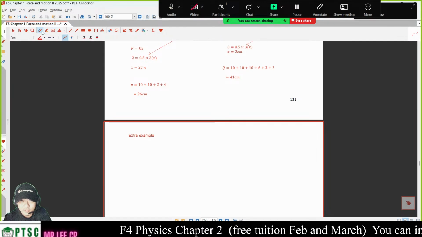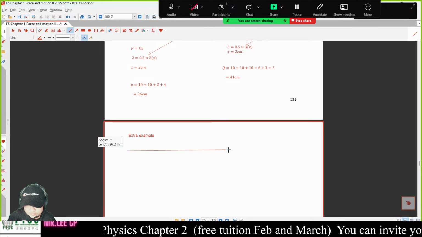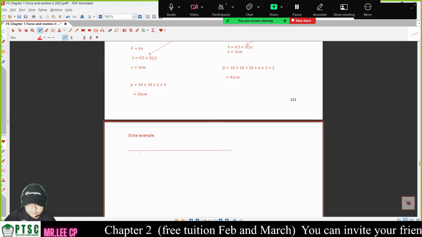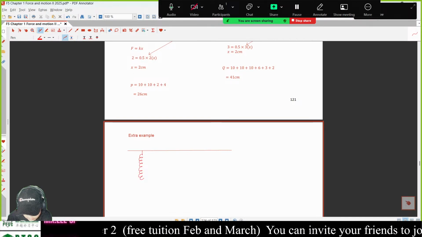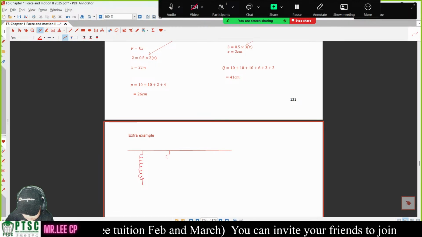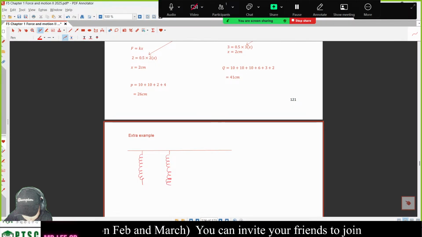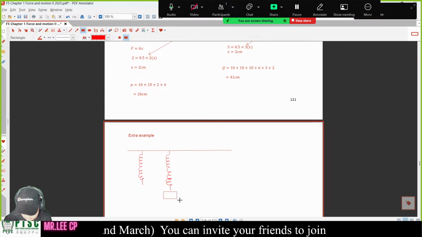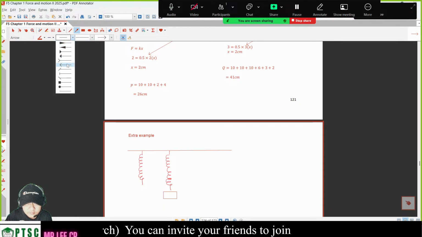I need to draw on my own. Original length, I don't know. Now, this is one spring. I hang one object here. So, this one will become like